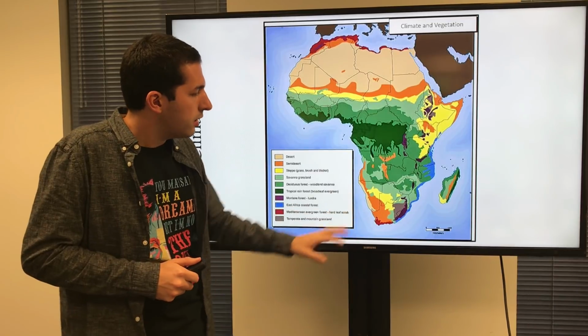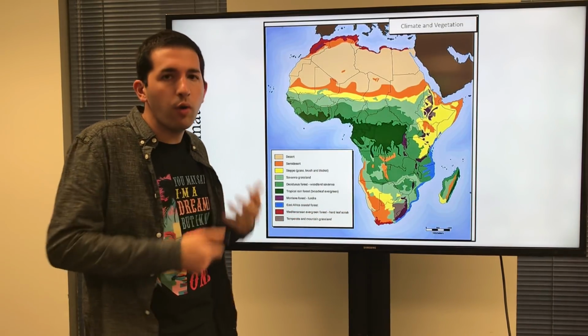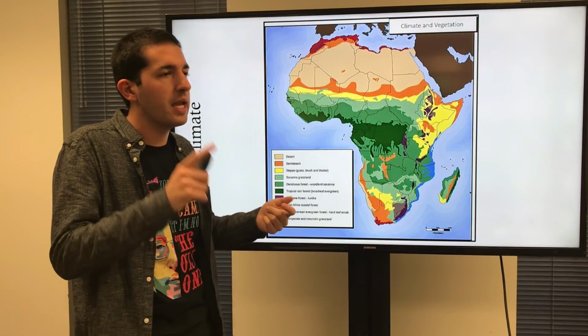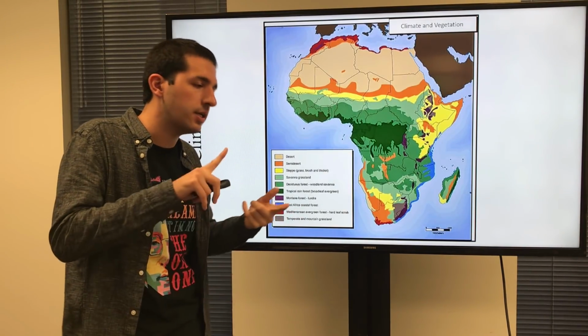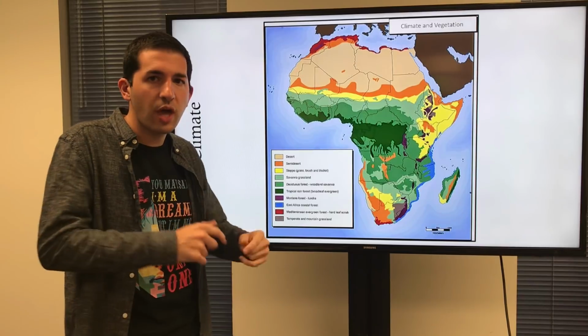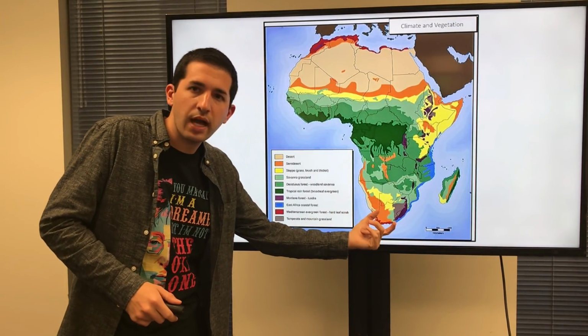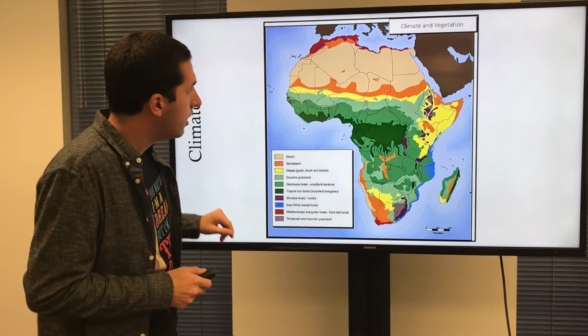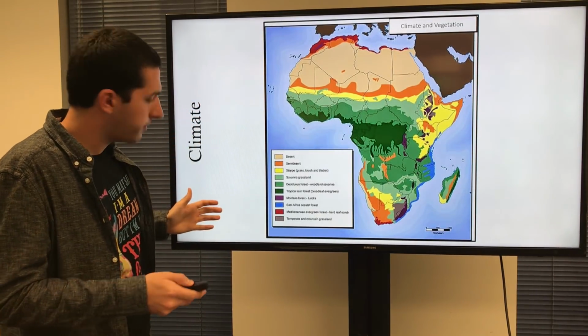And so, now we know what Mediterranean is because we studied the Mediterranean. We studied it in Western United States. We studied it in North Africa. We studied it in South Europe. Now we're studying it in Southern Africa. This is the country of South Africa. This is the region of Southern Africa. Know the difference. All right, looks good.